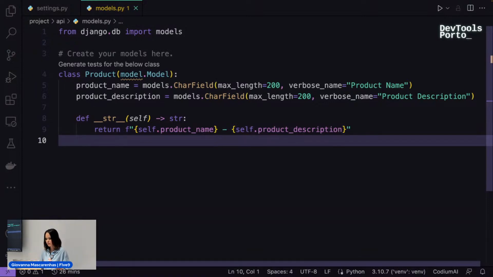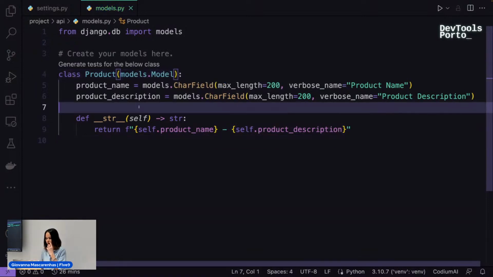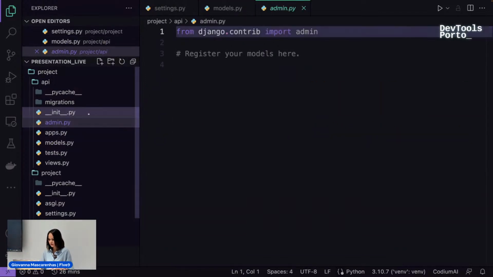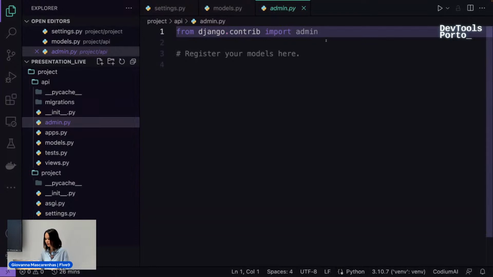For us to see this table in the admin interface, we need to tell Django, okay, we created a new table, please put in admin part. So here in admin, I'm gonna import the table that I created.